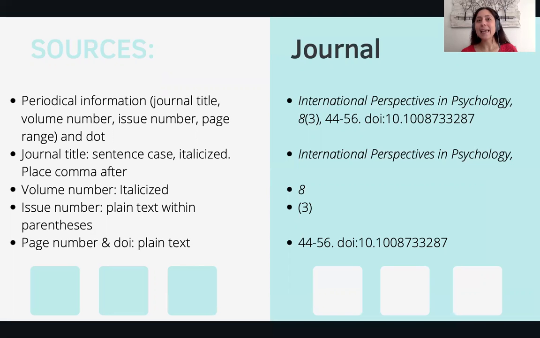They sound complicated, but they're not super complicated. So first, the basic format is you're providing the information, and that includes the title of the journal, the volume number, the issue number, the page range, and the DOI, not the DOT. Sorry about that. Okay, so the journal title, you can see here is International Perspectives in Psychology, and it should